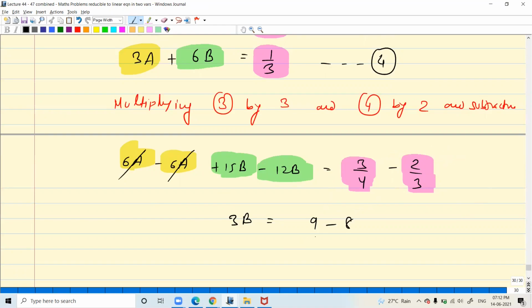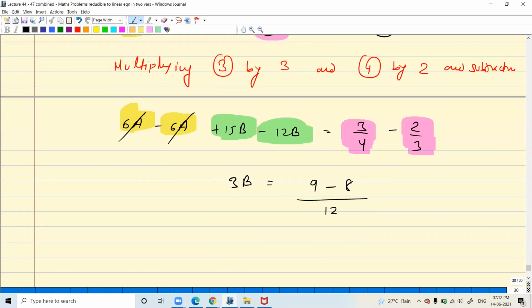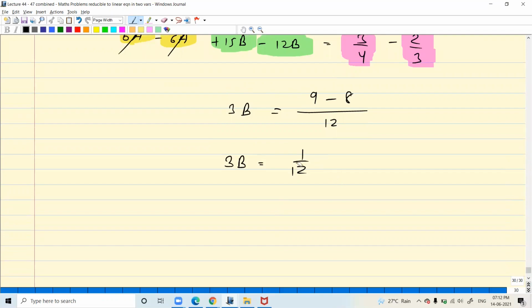So 9 minus 8 by 4 3s are 12. So B is equal to 1 by